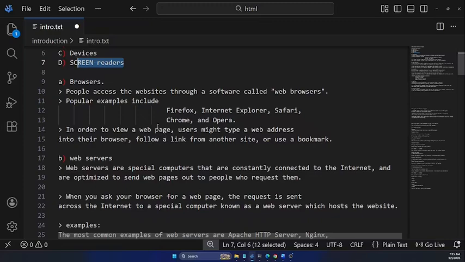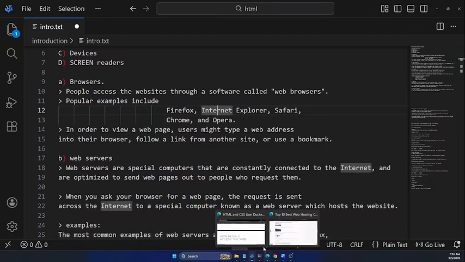So the first one is the browser. So what is this? A browser is a software that people use to access the websites we create. And examples of those web browsers, we have Firefox, we have Internet Explorer, we have Safari, we have Chrome, we have Opera. Just to showcase examples of those web browsers,